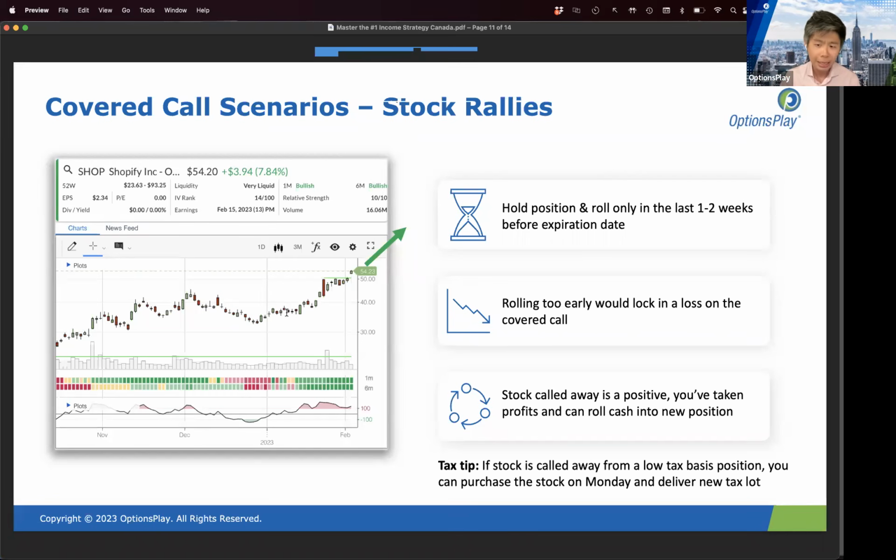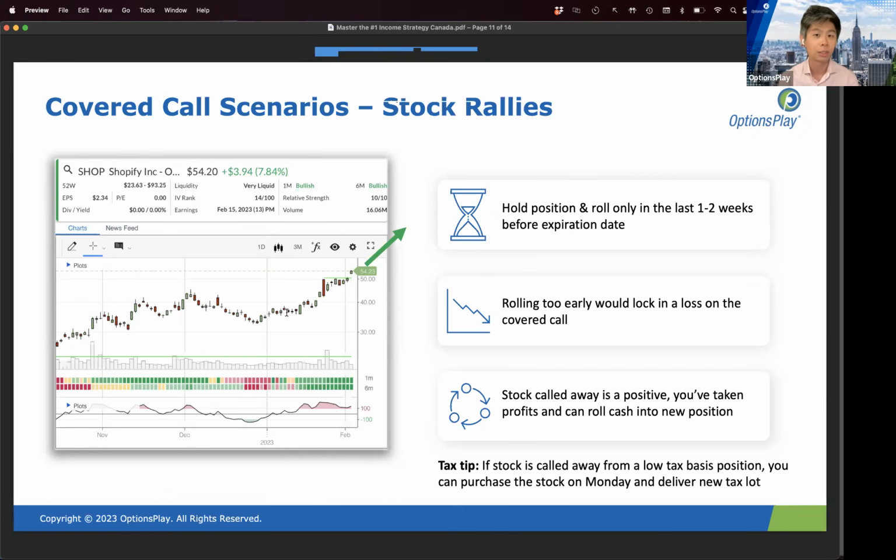And again, a lot of people think of the stock being called away as a negative, right? Because now I've missed out on upside. But remember, you're never going to be able to sell the stock at the absolute peak. That's just never going to happen. And it doesn't matter whether you're using a covered call or a limit order, you're never going to be able to sell your stock at the absolute peak. So the fallacy of, oh, I didn't get a higher price, is kind of this false hope that we all have of being able to sell the stock at the absolute high.